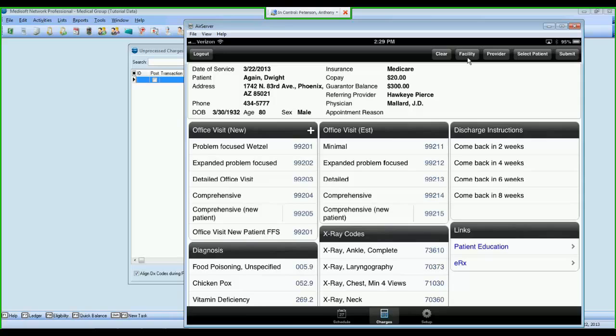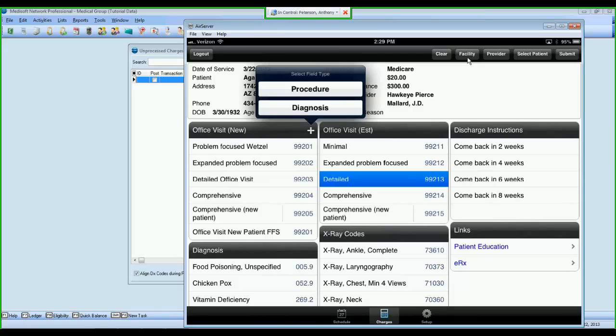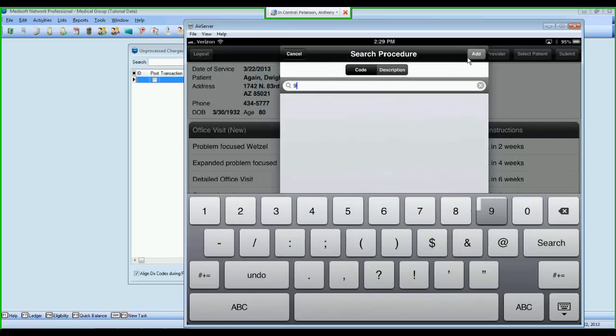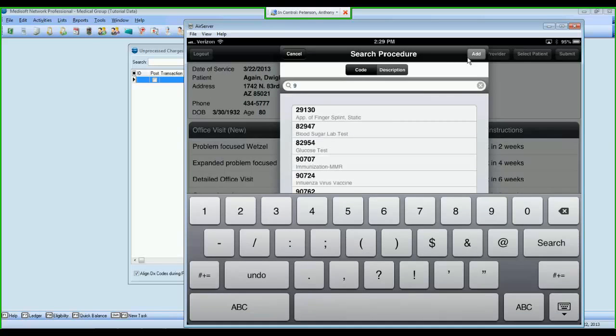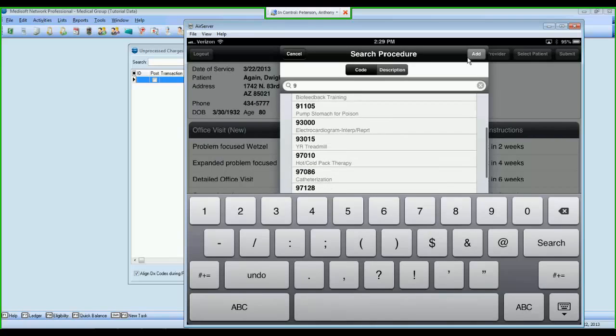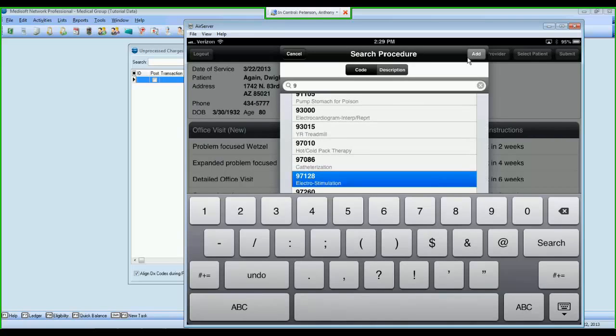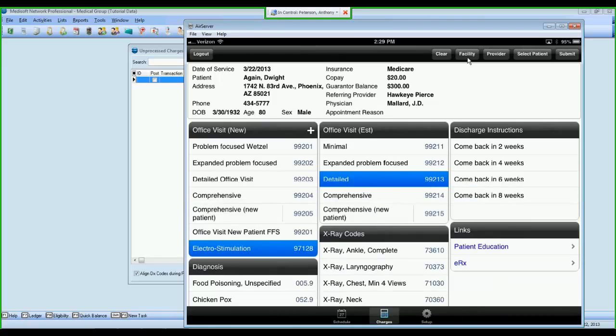Now let me show you a few more features of Medisoft Mobil. If there are codes that I don't have attached to my Superbill template, then all I need to do is click this little plus button up at the top of a section, and you have the ability to specify which sections you want to have that plus on. But if I tap that, I have the option to search the Medisoft database for procedure and diagnosis codes. So if I tap procedure and I search either by code or description, I can find any code that's in the Medisoft database that it might not be on my Superbill layout. I can select that code, hit add, and now I have added that code to my Superbill for that particular